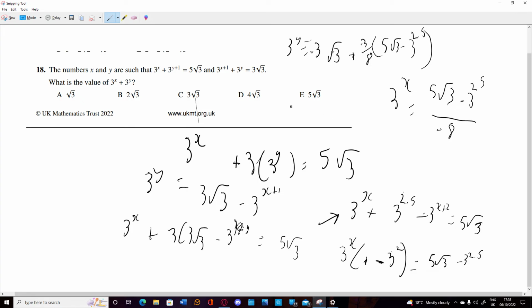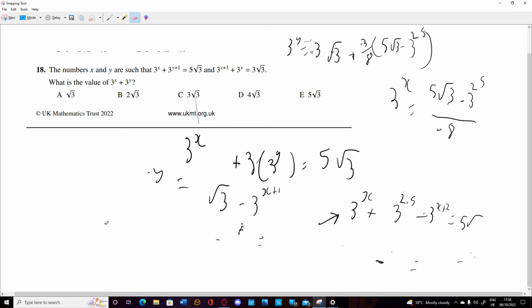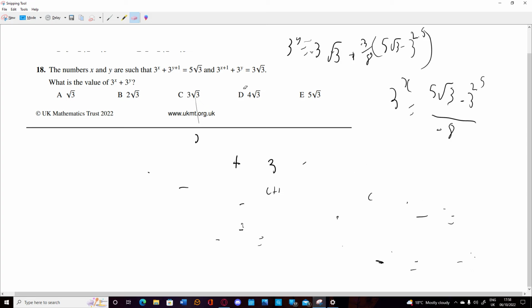So 3 to the x, so 3 to the y. Just add those equations together now. Quite inconvenient to rub out. 3 to the x or 3 to the y. We do that here. We get minus 5 over 8 root 3